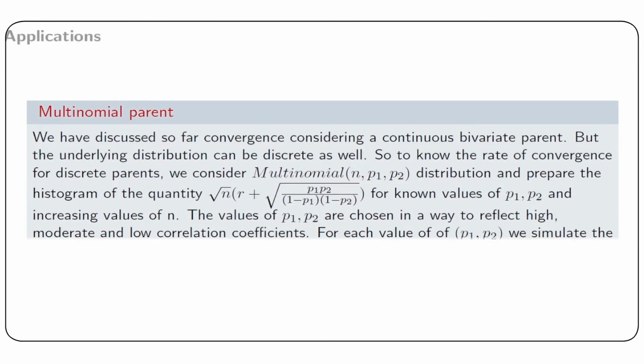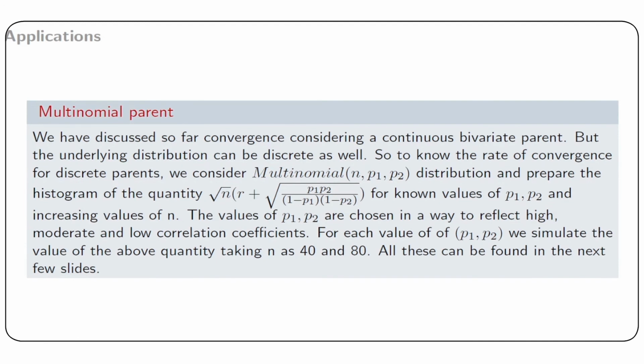Next, we consider a discrete parent, that is a multinomial distribution. So we have discussed so far convergence considering a continuous bivariate parent, but the underlying distribution can be discrete as well. To know the rate of convergence for such parents, we consider a multinomial distribution with parameters n, p1 and p2, and prepare a histogram of the quantity square root of n times r plus square root of p1 p2 divided by (1 minus p1)(1 minus p2), for known values of p1, p2